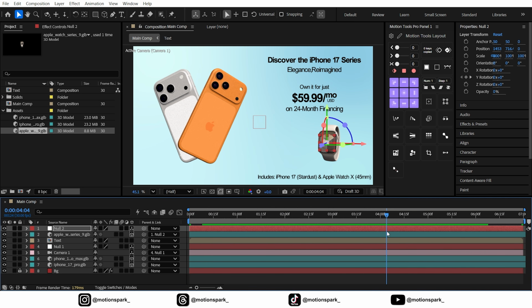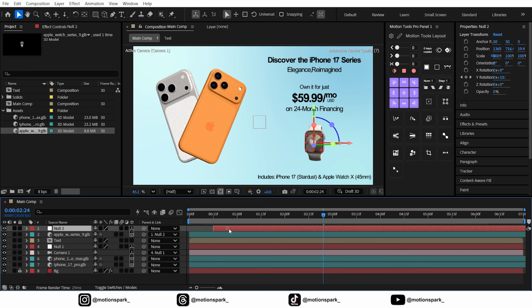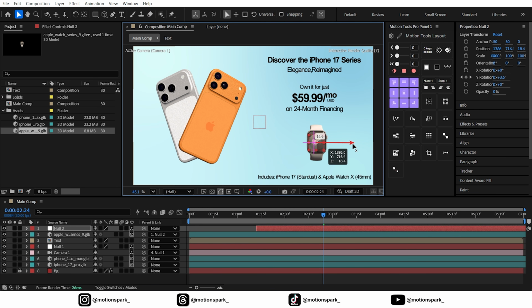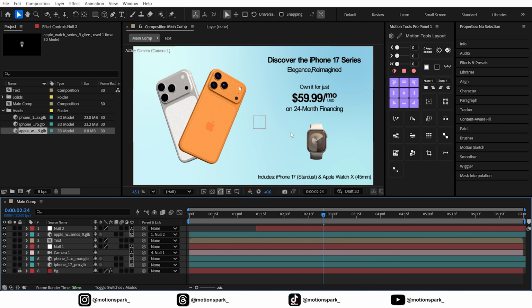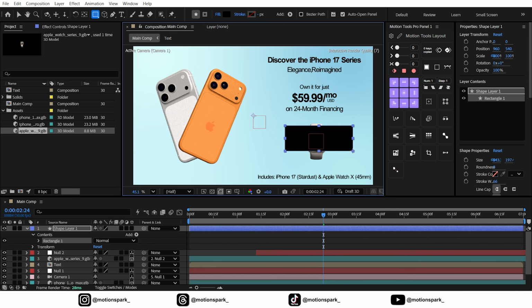Great. Now, because the camera zooms in, the position of the watch model shifts a bit within the composition. So let's readjust the model's position to fit our scene perfectly. Once the layout is fixed, let's create a rectangle to place right behind the watch model. To do this, make sure no layers are selected on the timeline. Then, select the Rectangle tool from the top menu and draw a rectangle that neatly covers the background area of